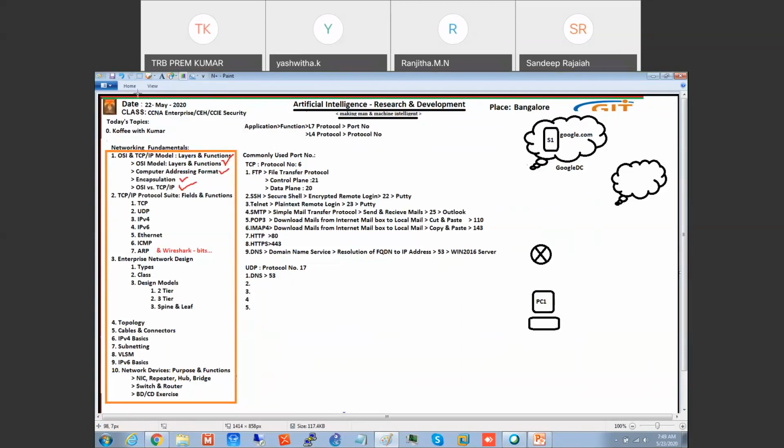Now in big companies, for company level, they'll have a switch before going to router. Home router will have switch and router all in a single box. But in company, it will have a separate switch. You will connect to the switch. From switch, you will connect to the router.